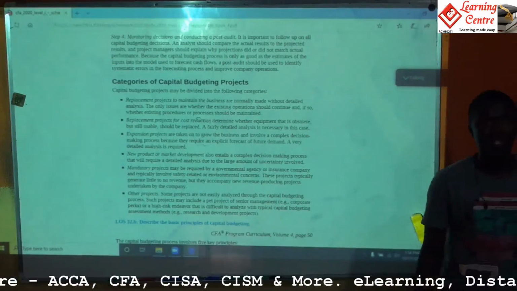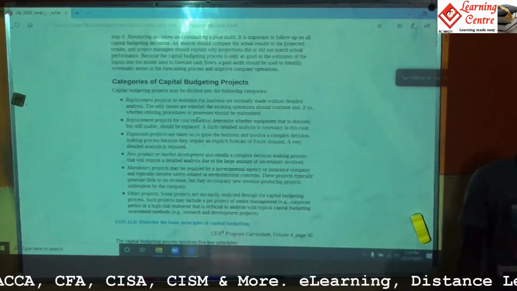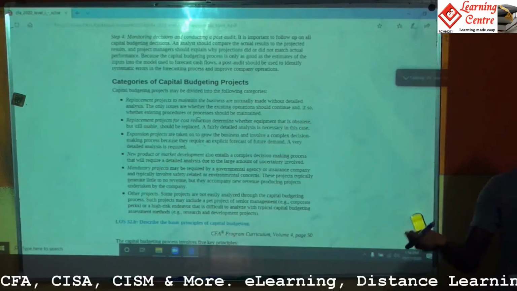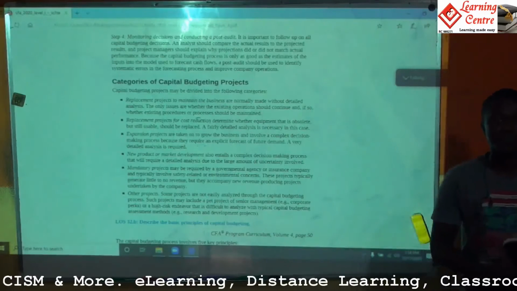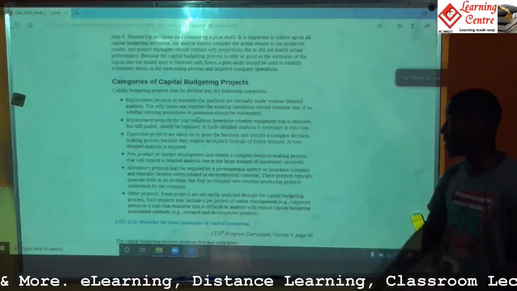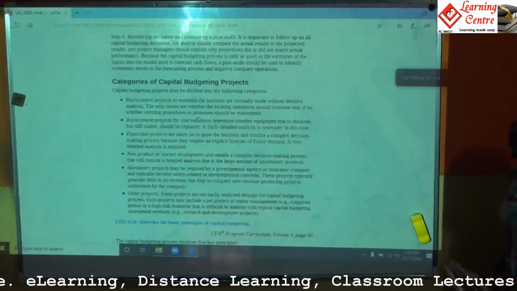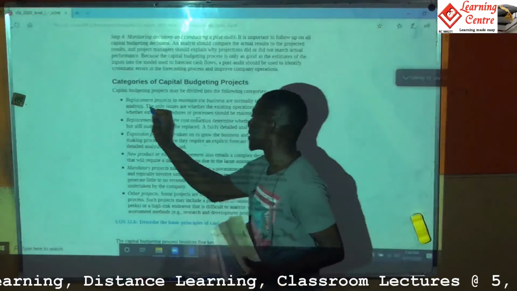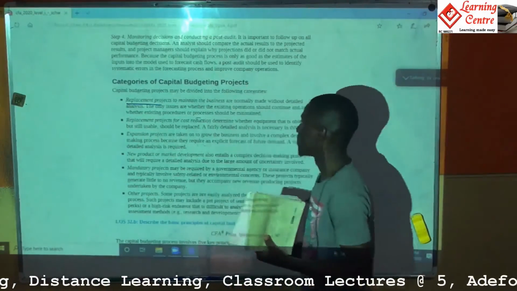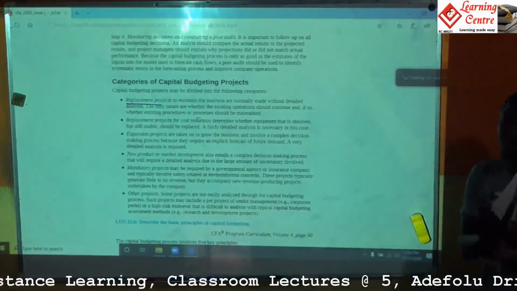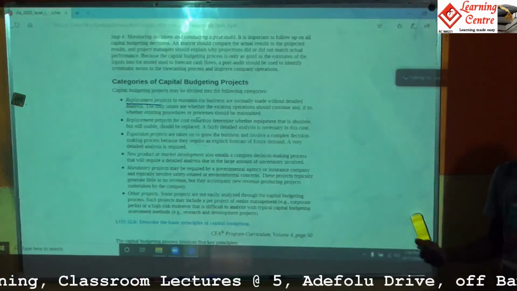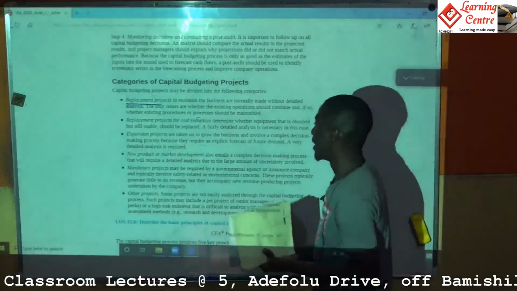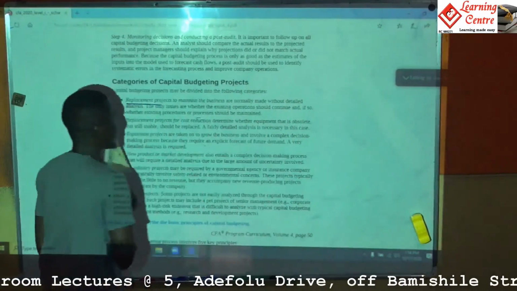Okay, so let's continue. There are different categories in which you can use the capital budgeting process. One of them is replacement projects. For instance, now you want to replace a project. So for instance, now, let's say